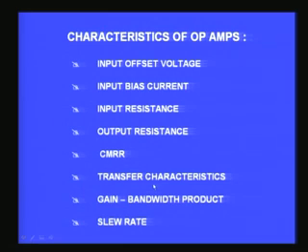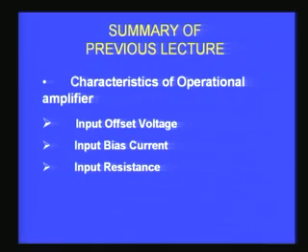Then there is a transfer characteristics, then gain bandwidth product, slew rate, or some of the important characteristics we have listed. If you recall the previous lecture, you might remember that we discussed during the last lecture